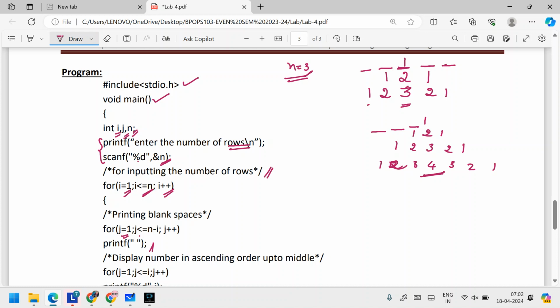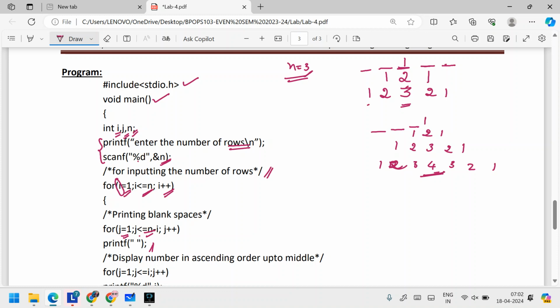Why is this n minus i? Because based on the value of i only, this number of spaces would get determined, right?